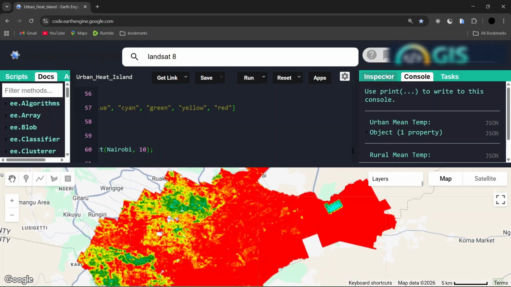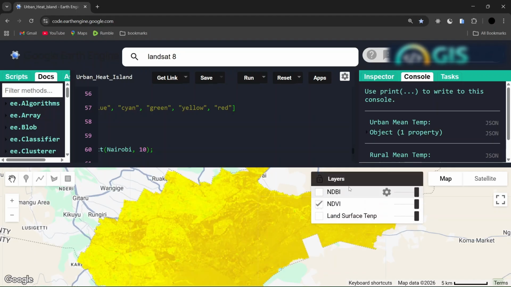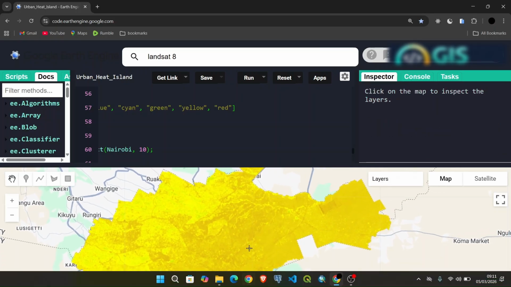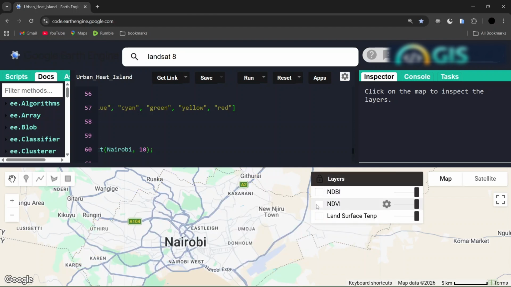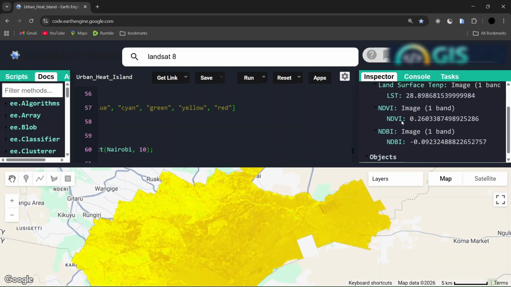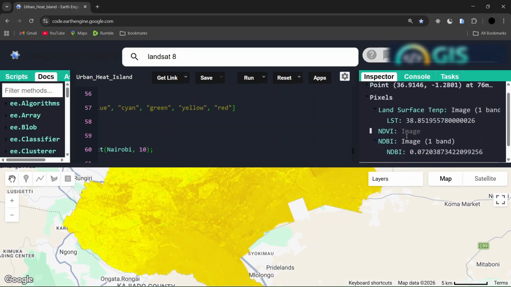So for example, if I just go to NDVI, which is the vegetation index, and click somewhere, maybe somewhere here where there is yellow, here you can see that I get the NDVI as 0.26, and if I click somewhere else, let's say at the CBD here I get